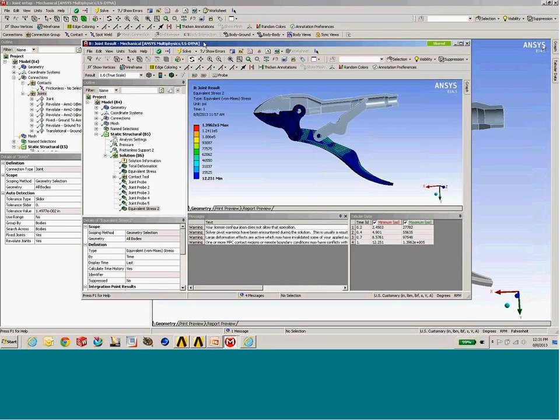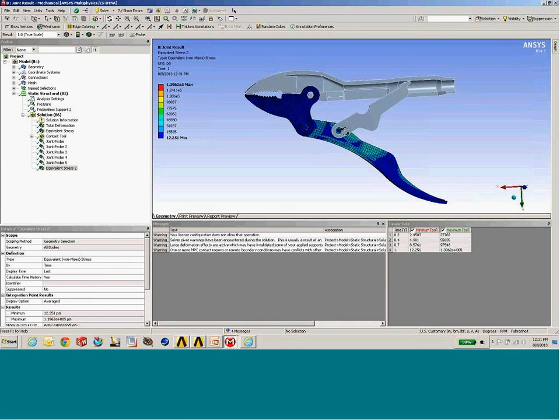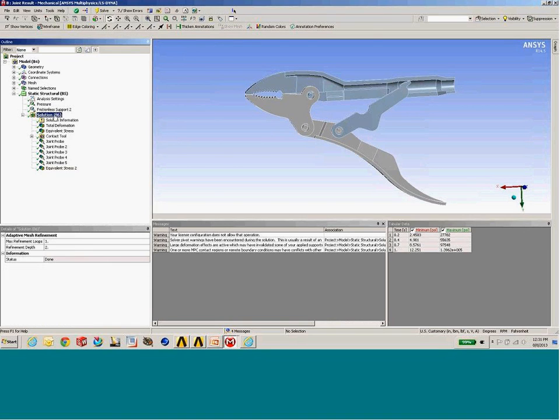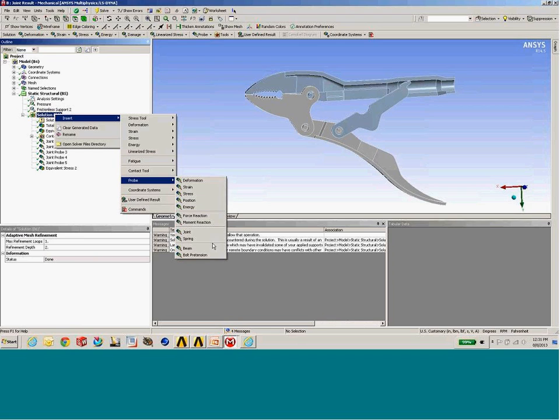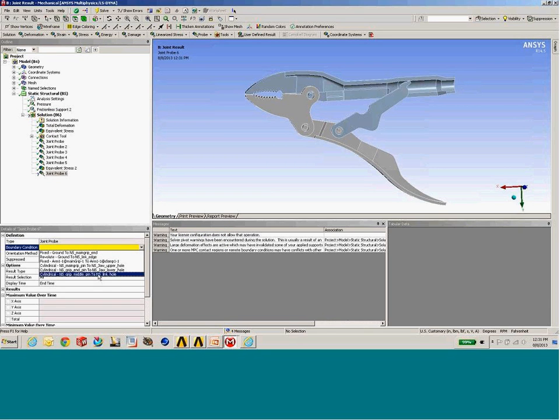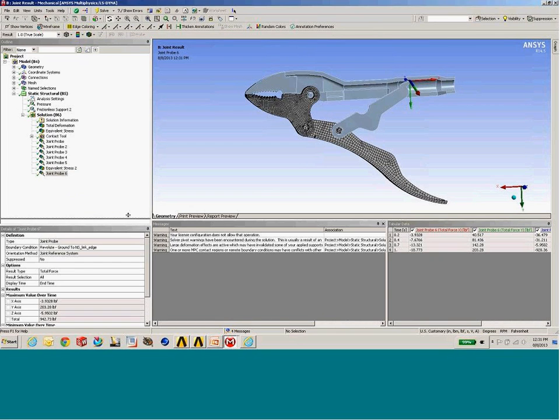All right. So let's talk now about post-processing of our joint connections. When we're doing any kind of result evaluation for the joints, what we're going to be using is the probe tool. If you right-click and insert under the probe, you'll see there's an option for looking at joint results and spring results. Essentially what we're getting here are the forces that are being transmitted at those joints or springs. So let's pick on the joint here. We're then prompted to specify the joint at which we'd like to look at that result. So we see our available joints in this pull down. Let's just pick on, say, that Revolute joint there,